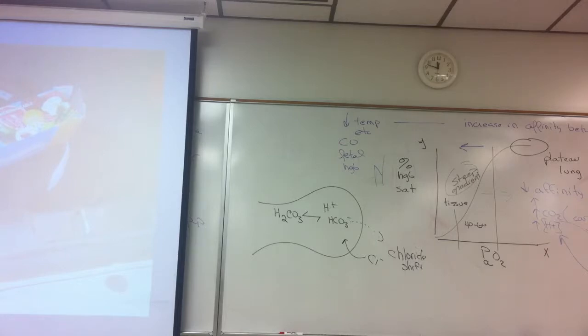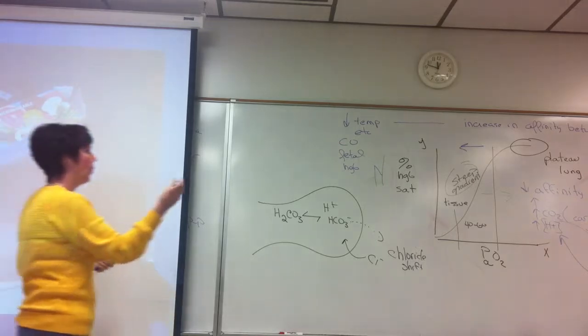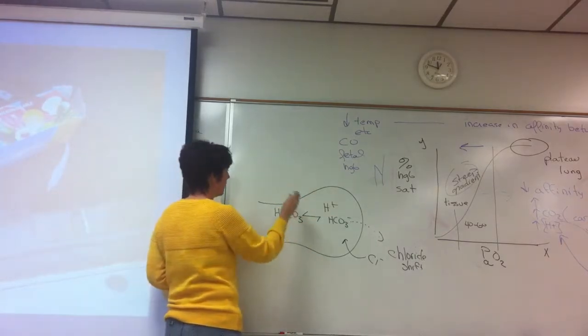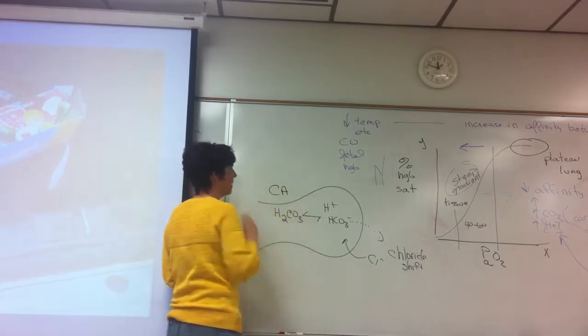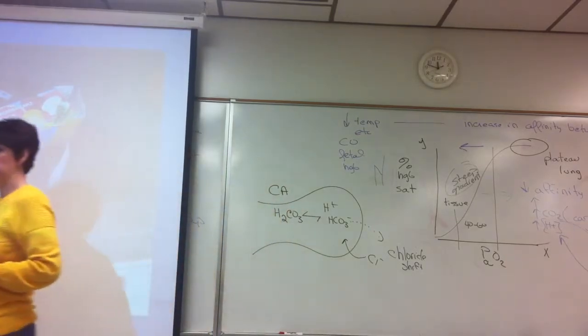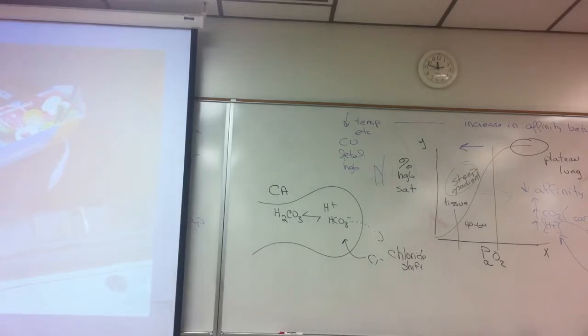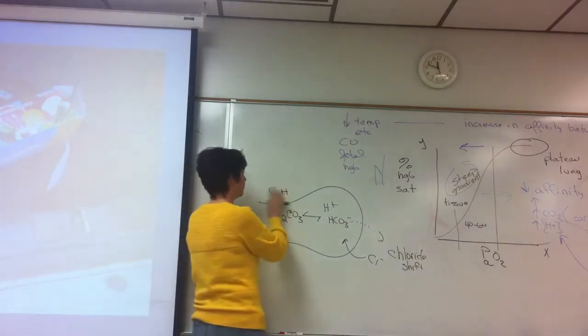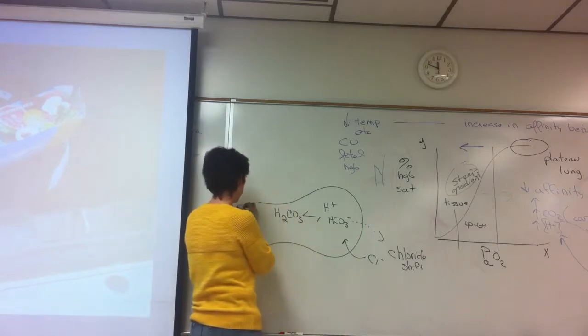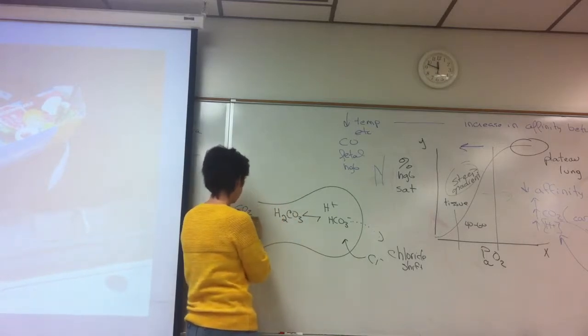All right, so then, in talking about this, what does the initial CA stand for? What do the initial CA stand for? Is that the enzyme? It's an enzyme. Carbonic anhydrase. Okay, so that's an enzyme that's present within the red blood cells, and it increases the rate